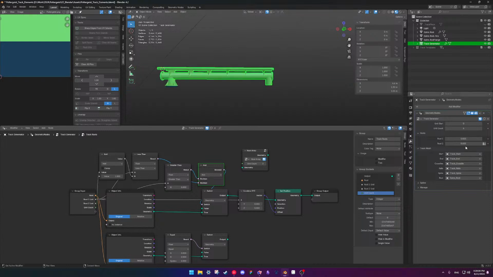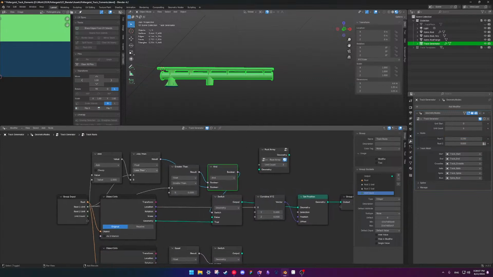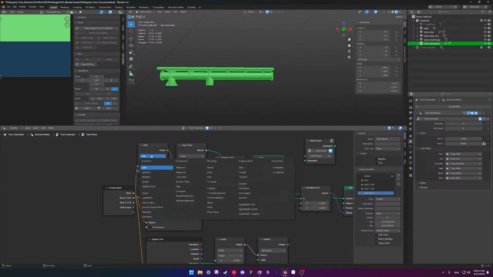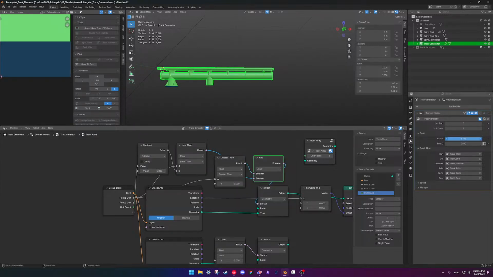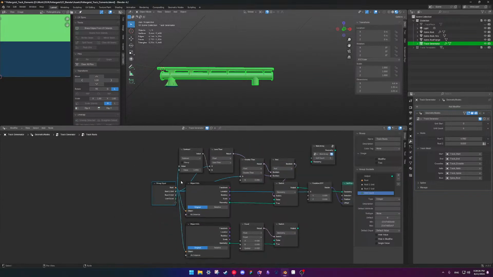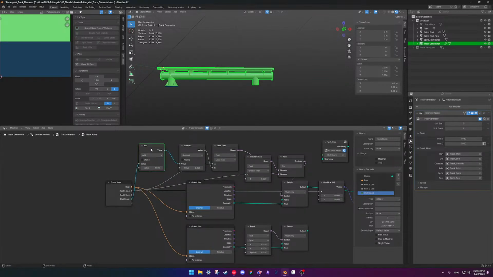Hold on. So it does stop in the wrong spot. Count. Unit. Oh, minus. There we go. Oh, I gotta do more math. Hold on. Math. No, don't do that.